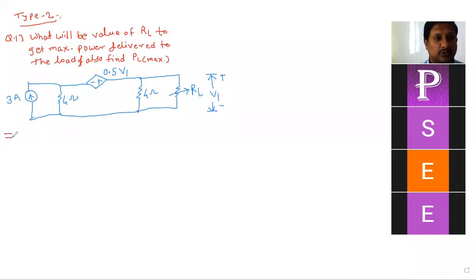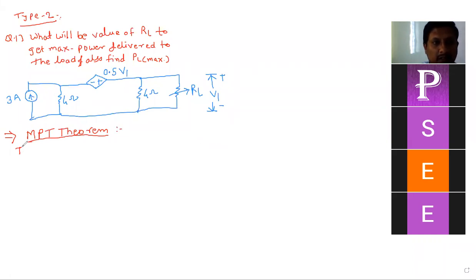Students just look at the problem and give up, they don't solve it at all. So carefully read the question, carefully observe the circuit. It is not difficult. If you know the concept clearly, if you know the steps, and if you are perfect in mathematical calculation, definitely you can get the correct answer. We have to solve this by using MPT theorem, according to the question.